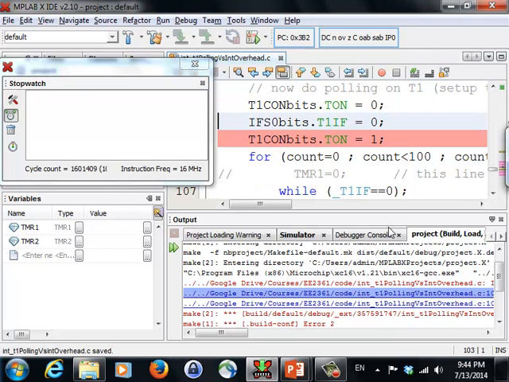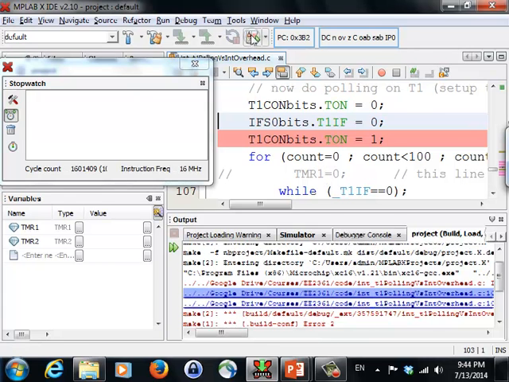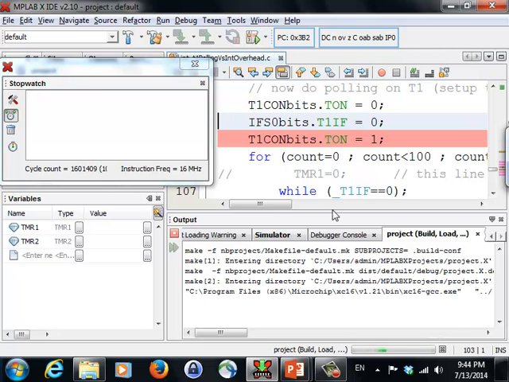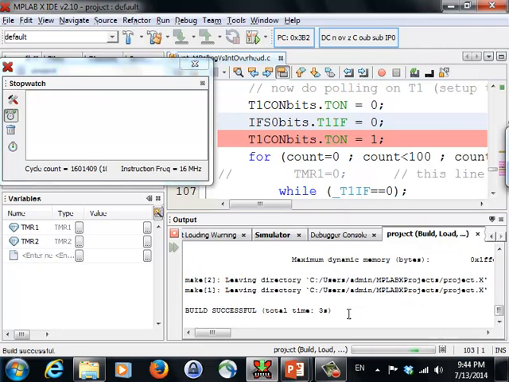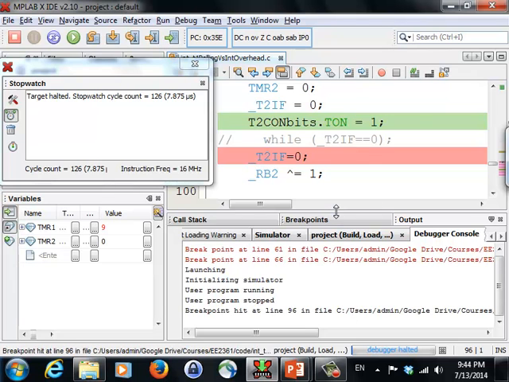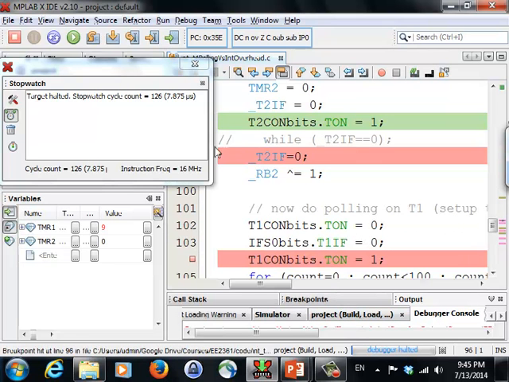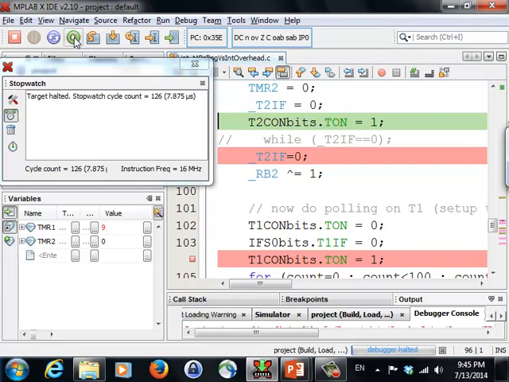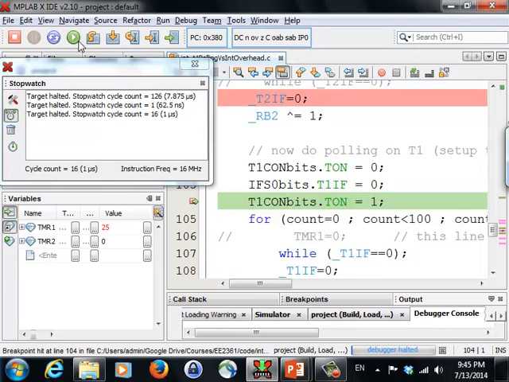Hopefully I haven't deleted anything important. Okay, so yeah, let's skip this breakpoint. This is the breakpoint for T2. All right, now